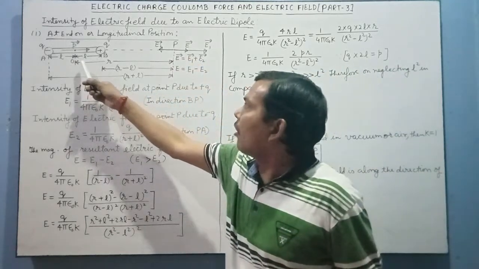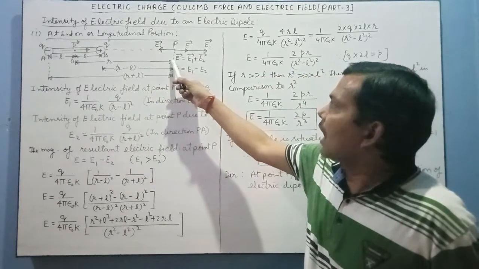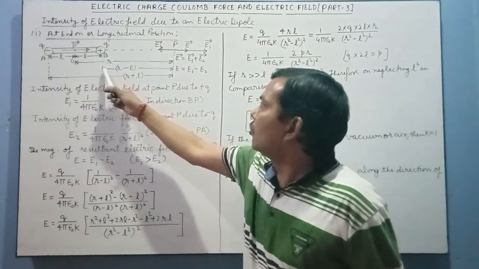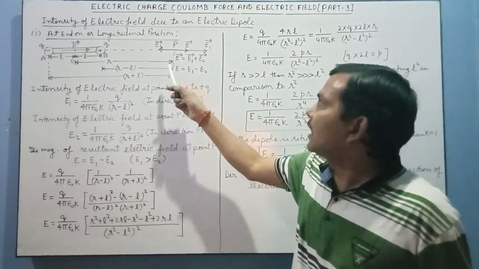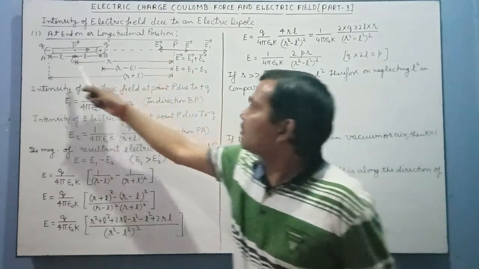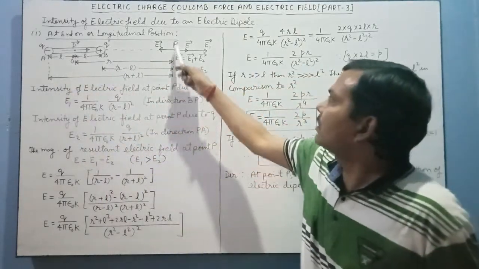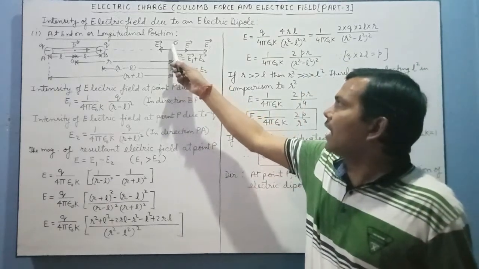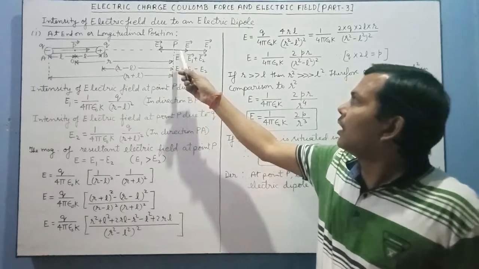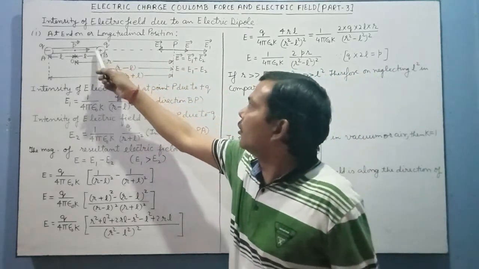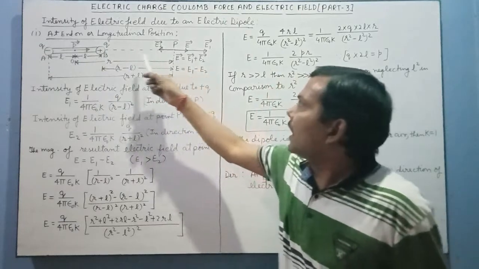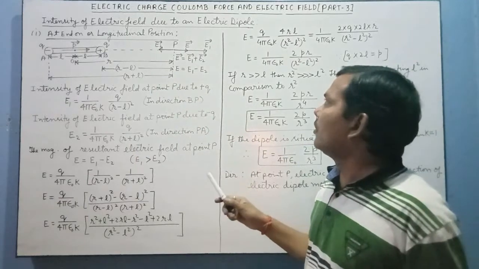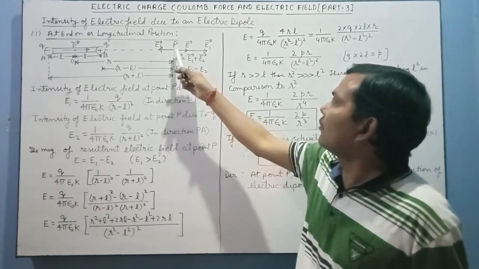The distance of this point from the center of the dipole is smaller, so the distance of this point P from charge plus Q will be R minus L, and the distance of point P from charge minus Q will be R plus L. To determine the electric field at point P, we will evaluate the electric field due to plus charge and then the electric field due to minus charge, and then we will find the resultant electric field at point